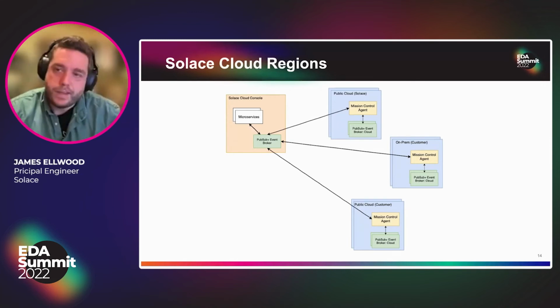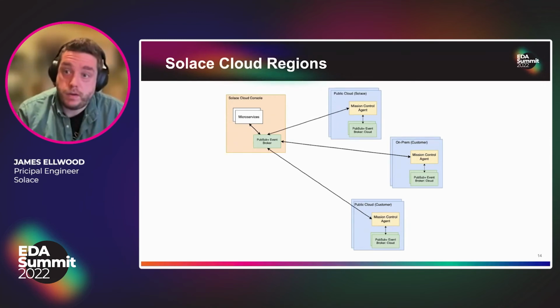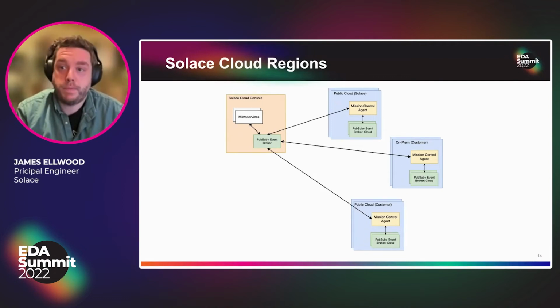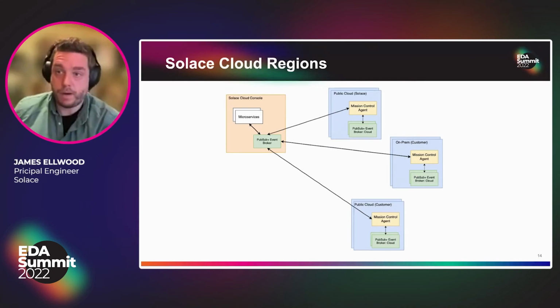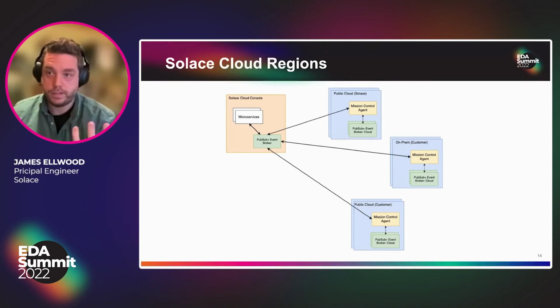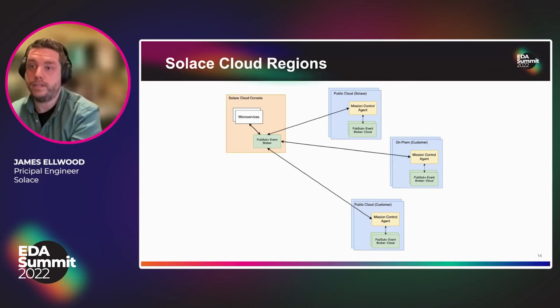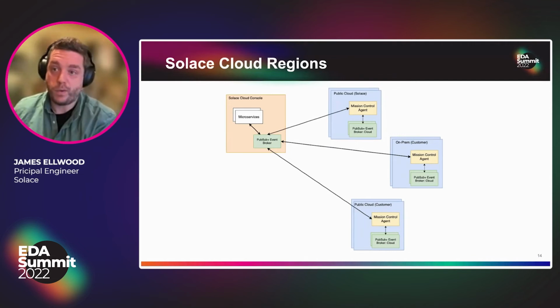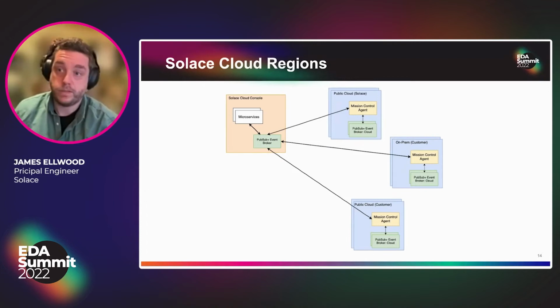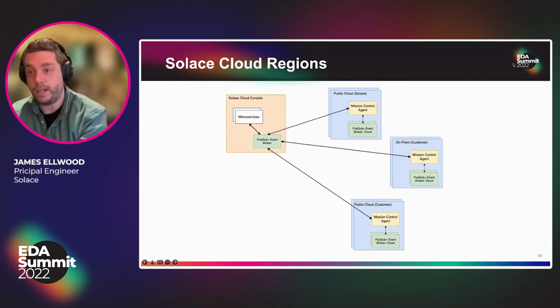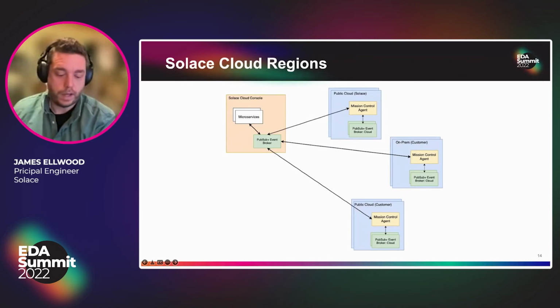Yeah, thanks, Ali. One of the main features of Solace Cloud is the creation and management of PubSub+ event brokers. This operation is performed in many different environments, or what we call regions, in Solace's public cloud accounts, in our customers' public cloud accounts, as well as in our customers' private data centers. This model introduces a whole bunch of interesting problems. These environments are all slightly different, and there are a lot of them, which means performance and scalability is definitely a concern. Security is always top of mind in public cloud, but especially important when running in our customers' accounts.